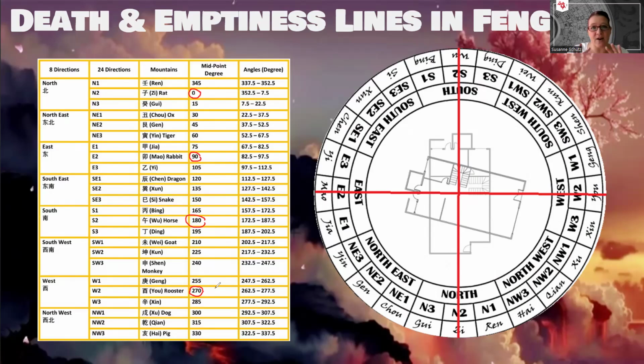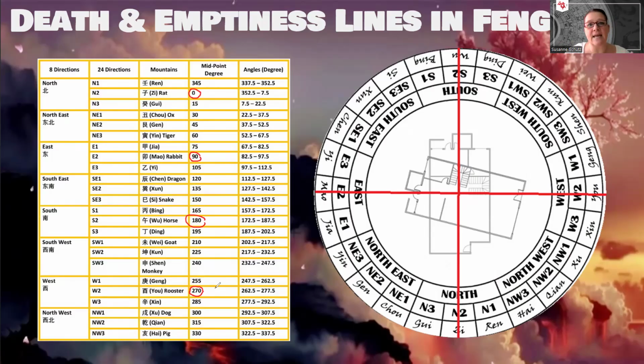Now, beginners very often end up measuring these cardinal death and emptiness lines. So, if you happen to come across a building that is supposedly facing a cardinal death and emptiness line, then what you do is take 2 steps forward and measure again. And then maybe take 3 steps back and measure again. Take 3 measurements of the facing from 3 different positions, but still on the same facing line. Only if 3 times you measure exactly the same degree, let's say 0 degree,